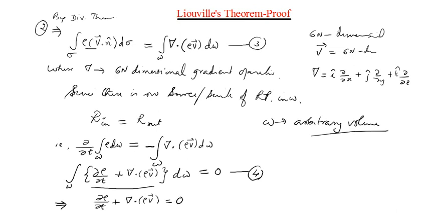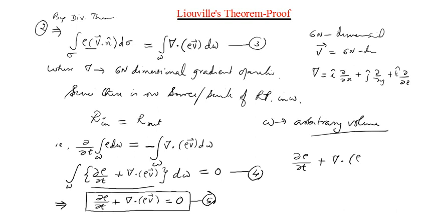Let me call this one as equation number 5 for the time being. And this equation, I think, should be a very familiar form. You might have seen a similar equation in mathematical physics or electrodynamics. Certainly you would have seen dou rho by dou t plus del dot j in your electrodynamics classes, where j is the current density, equal to 0, right? And what is this equation known as? This equation is known as the famous continuity equation. So this is nothing but the continuity equation.